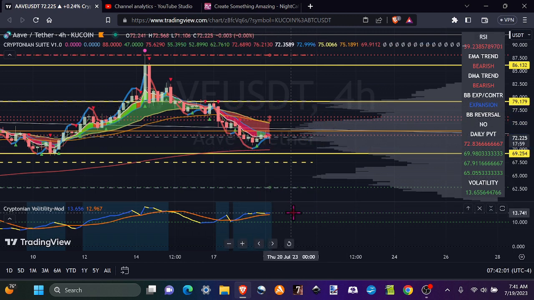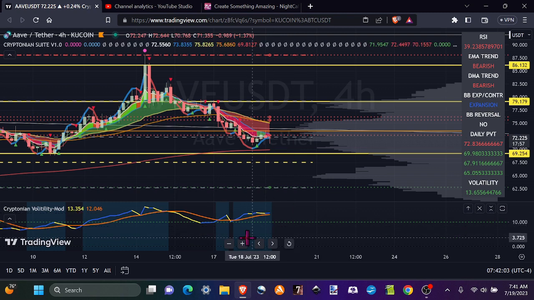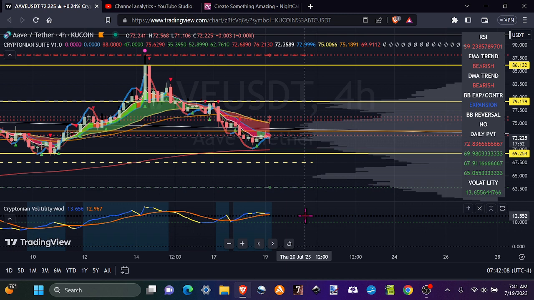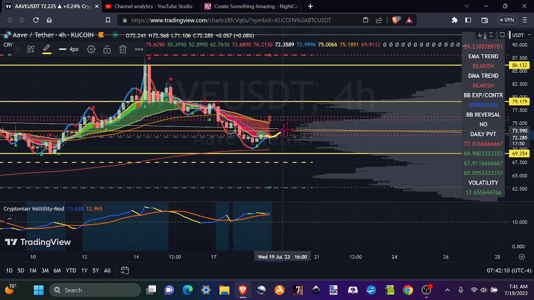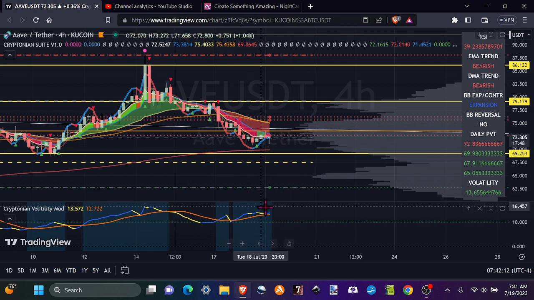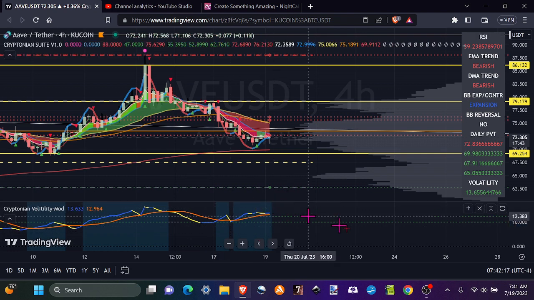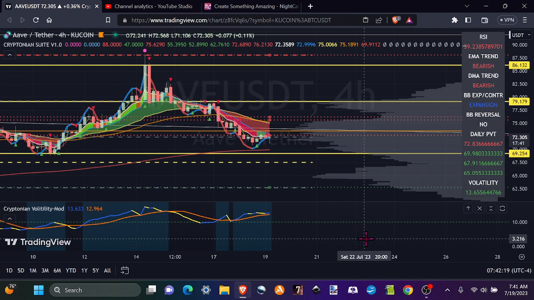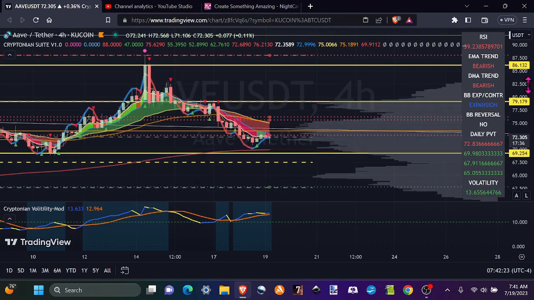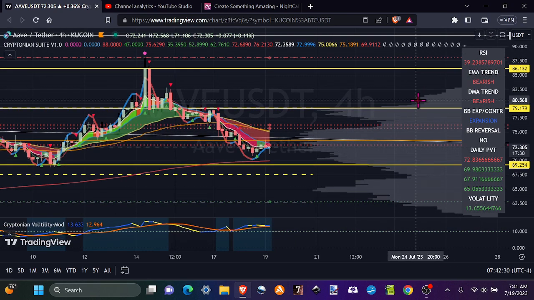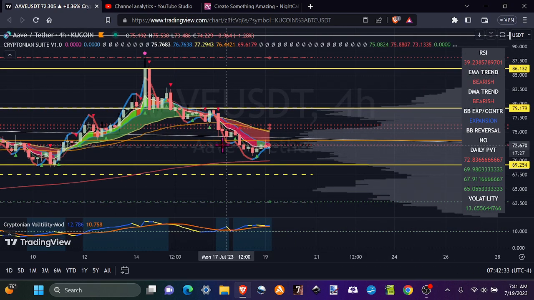So the Cryptonian volatility mod, like I said, is showing expansion to the downside, and it looks like that could be changing if we continue to go up here. Then we're going to flip this, and we'll see a reversal probably. So, RSI 39. Let me move this down. Yeah, RSI 39. That's weak, obviously, and that's because we have this